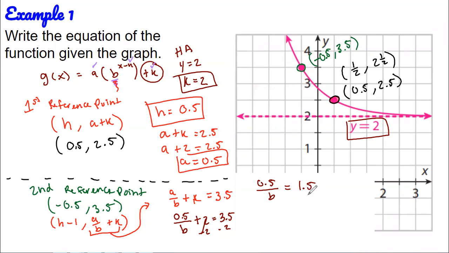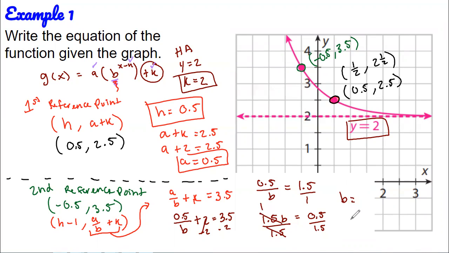We can cross multiply if we want to, and then multiply each side and then divide. Over 1, we're going to have 1.5 b equals 0.5, and then we divide by 1.5. Therefore, b equals, this simplifies to